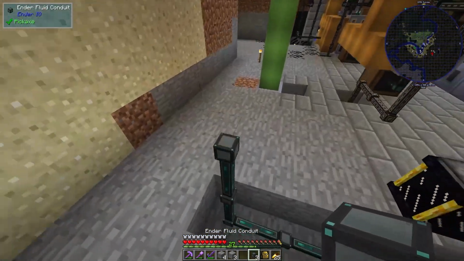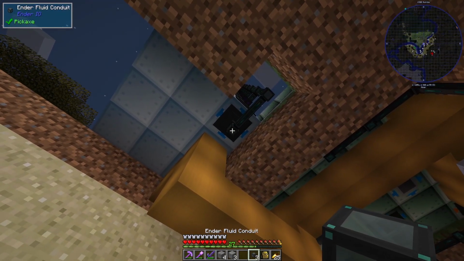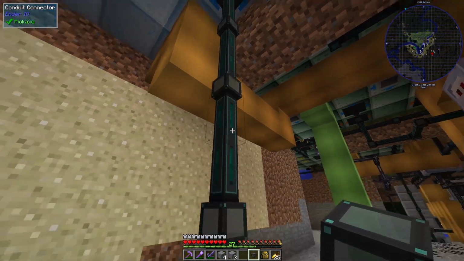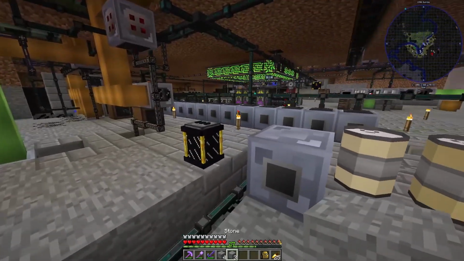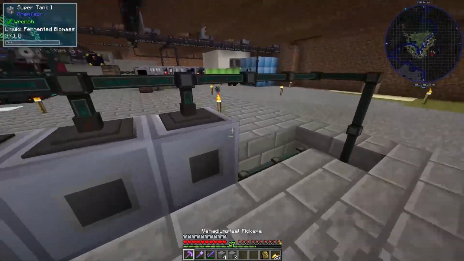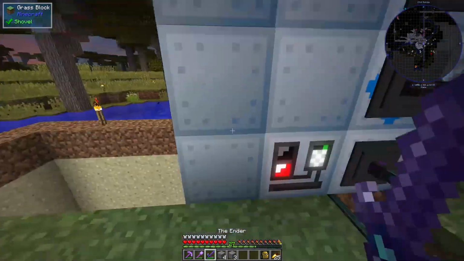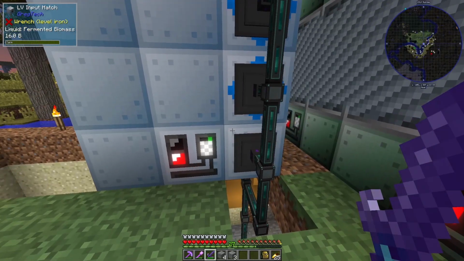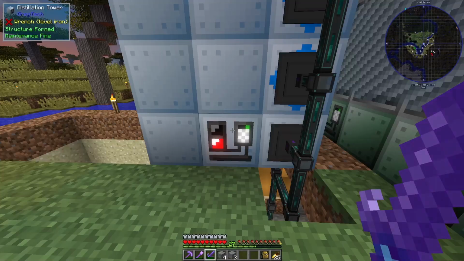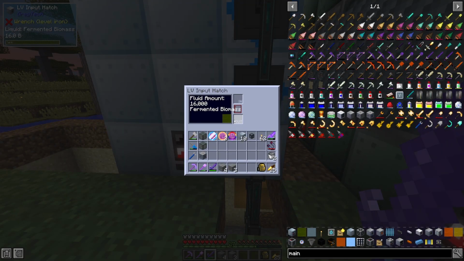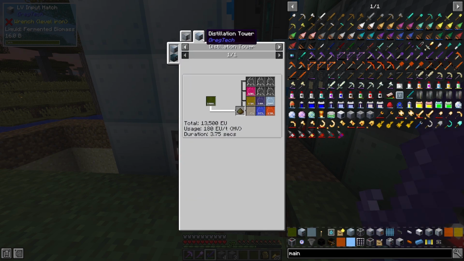Sort of, kind of. I think leaving that on purple for right now is a good thing because we're going to have to explore and see what it is we truly need to do over time here. Okay, so we should be distilling, right? Are we distilling? Fermented biomass. Why are we not distilling? Fermented biomass is in there. In the distillation tower,